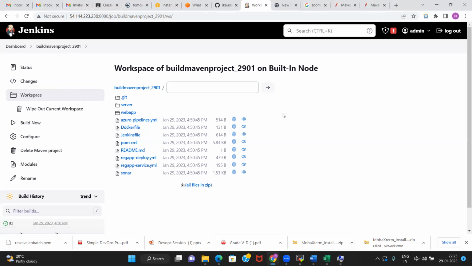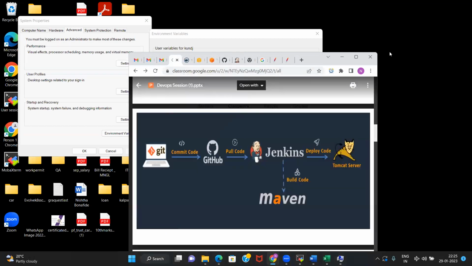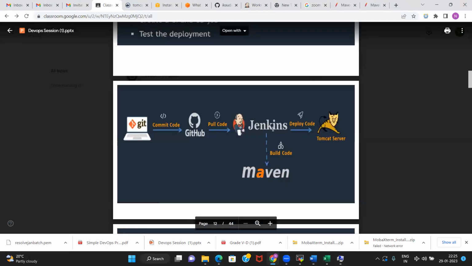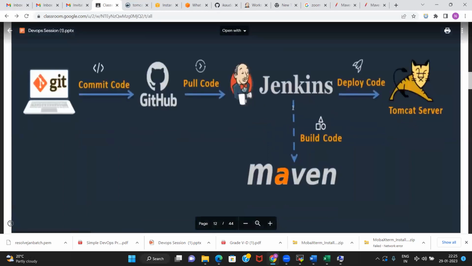This one only, from the webapp.war. We are here in our flow. We are up to a point where we have created a build. We pulled the code from GitHub in Jenkins, cloned it, and based on the cloned code we have created a build, which means we have created an executable. Now we want to deploy the executable to a server, and that part is called continuous deployment.